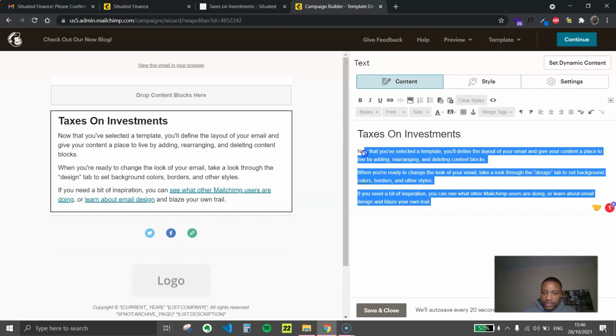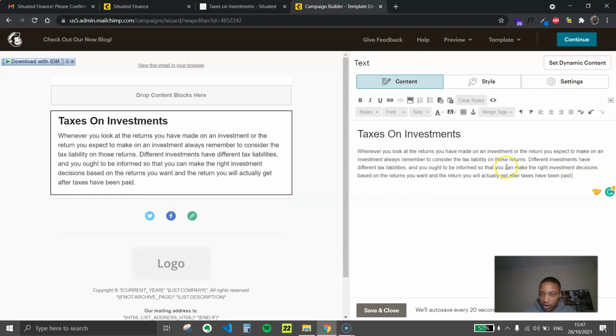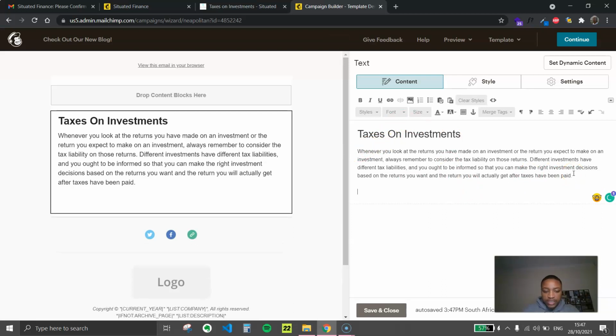And then put this text that we copied. I think we're missing a comma here. Yeah, there you go. So this is the first paragraph on the email,